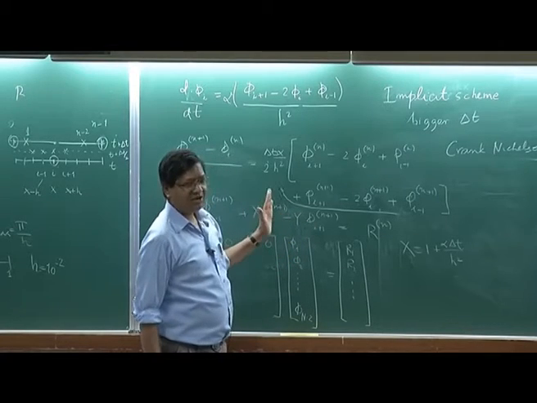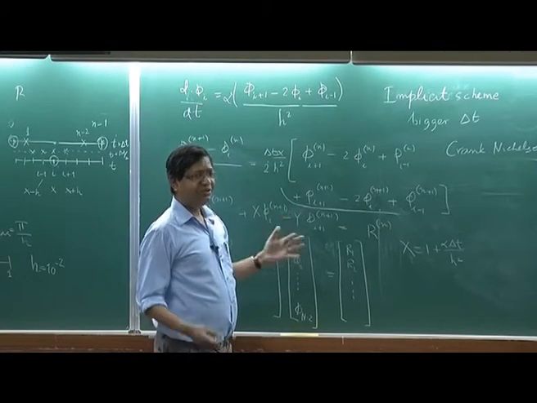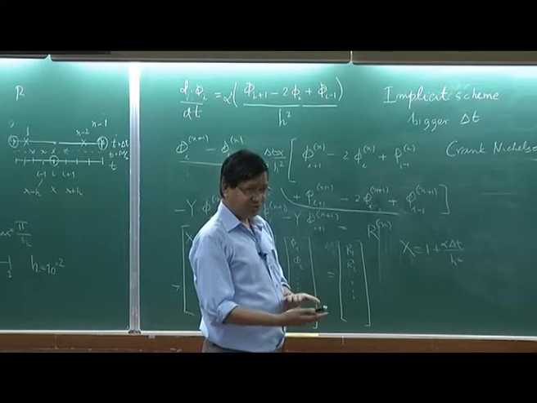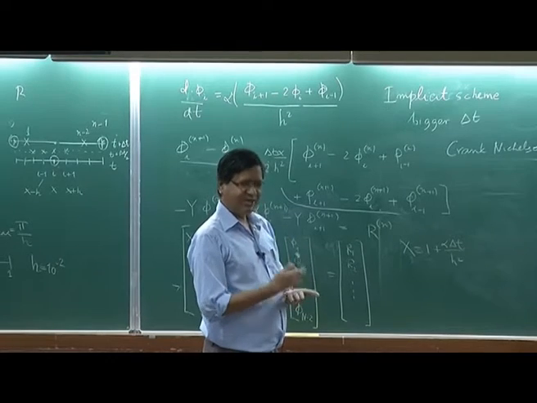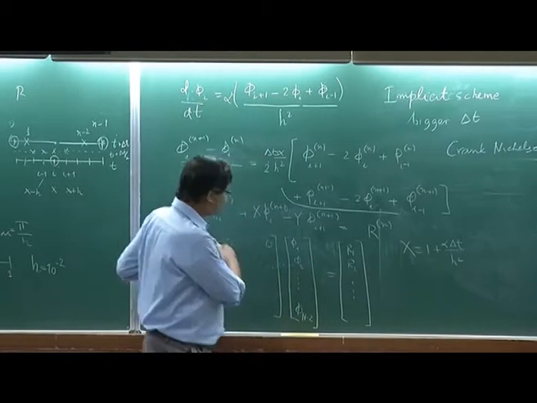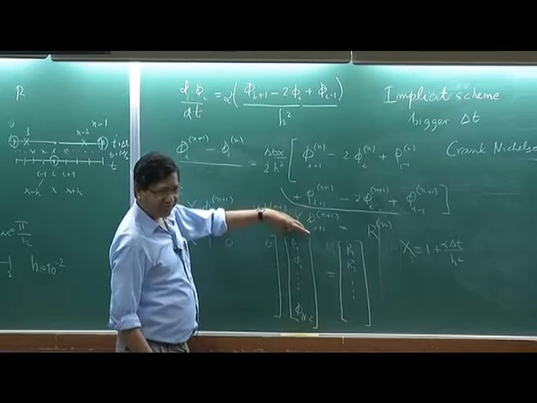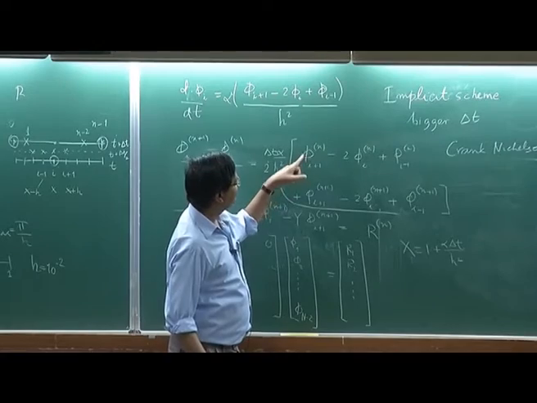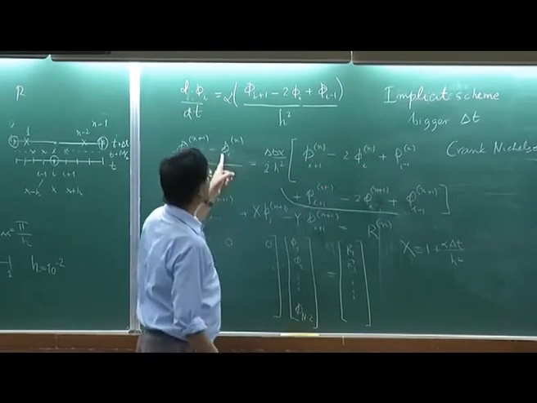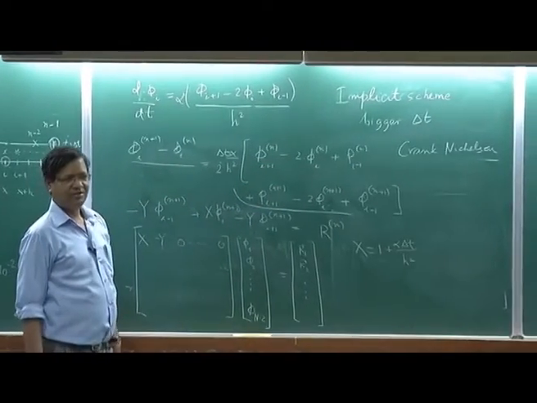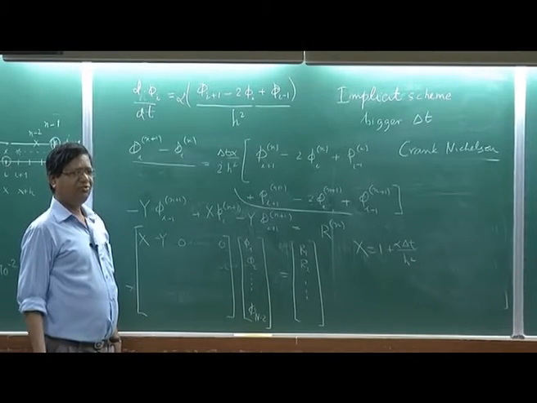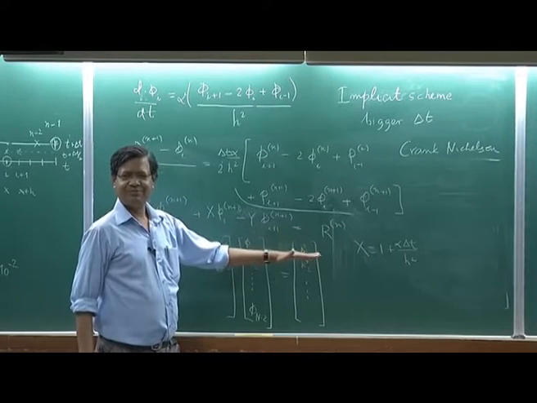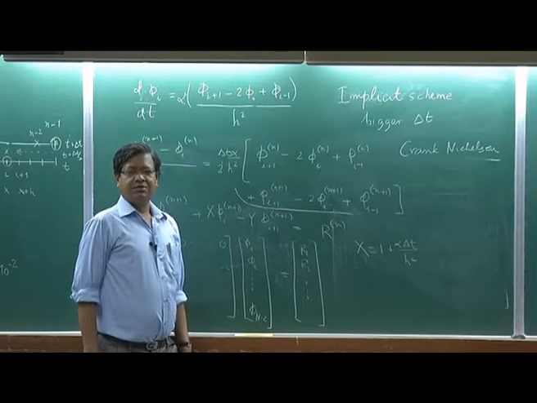Now, what is remaining to the right? Which is known. You know what you do in a matrix equation Ax equal to B. B is known, x is not known, A is also known. So, this is a known matrix, these are known, which is at n plus 1, and all these terms, this one, this one, this one and this one, will be in the right hand side. You have to just compute for i and i plus 1. Is that clear?